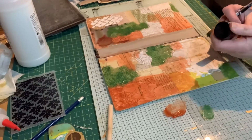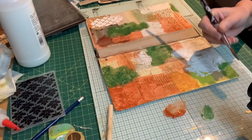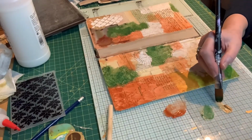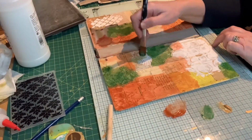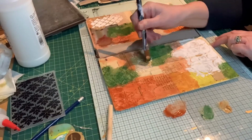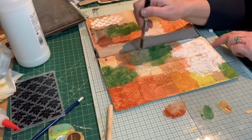So I'm going to just use a little bit of this gold first. I've got another gold I want to try, but I'm just going to put a bit. I don't want to put quite as much as this on, so get it all over. And this has got a bit of metallic in it, so it'll be...